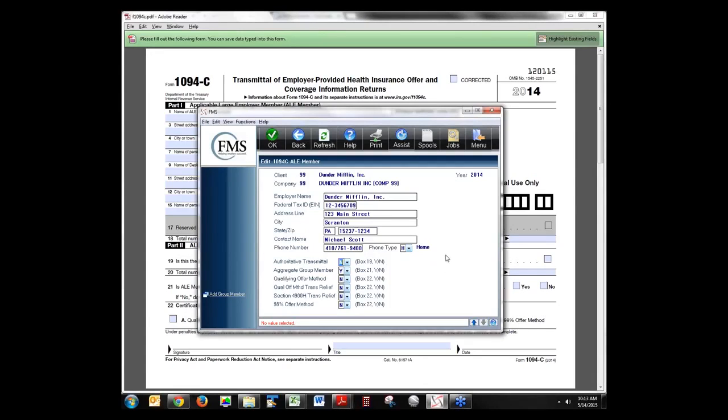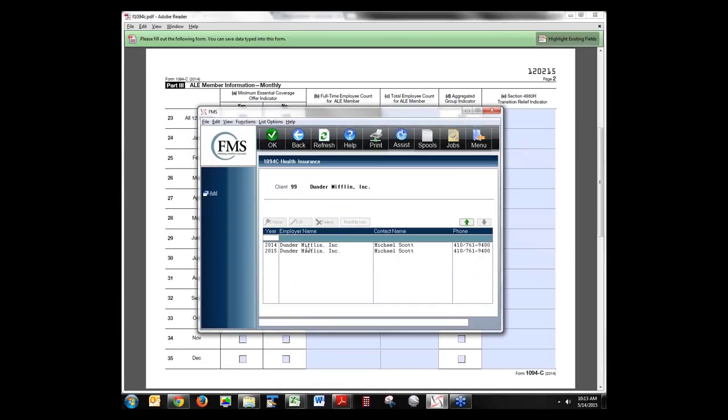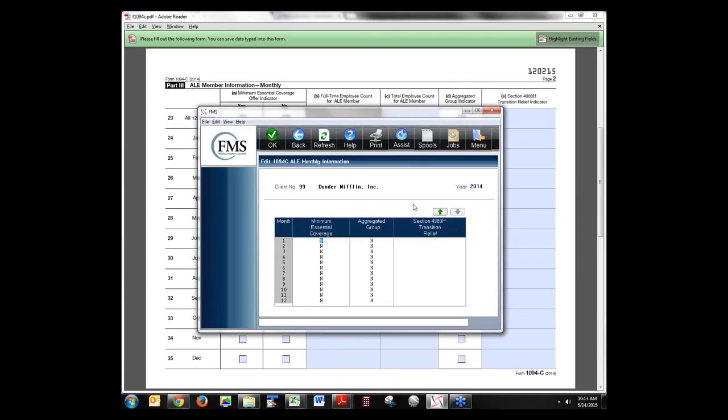And then for the second page of the 1094, we have this monthly info. So I went back to my list of years, and then for this year I can highlight it and click on monthly info. And then for each month, you will choose yes or no for minimum essential coverage,